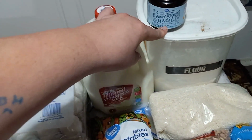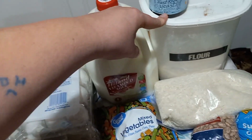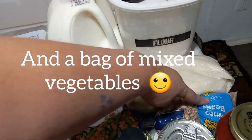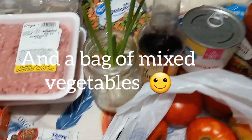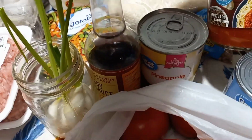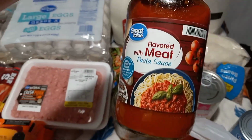I'm going to use the equivalent of 10 pounds of flour. I just didn't feel like refilling this thing right now. 2 pounds of rice. This is 2 half-pound bags of pinto beans, and then a can of pineapples, a can of spaghetti sauce,